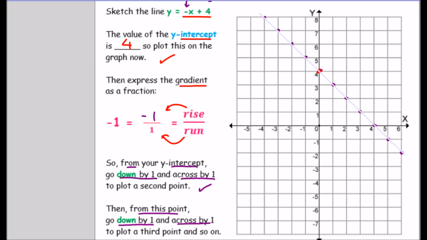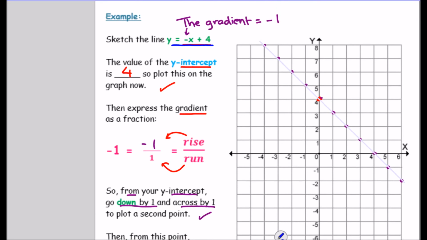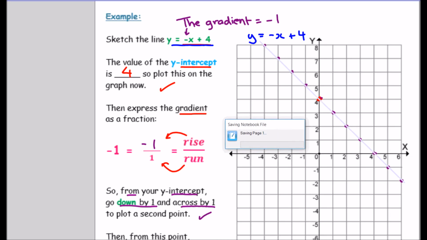First go. What am I missing? Why might someone take a point off? To be mean. That's right, I am missing the equation. So don't forget to label your line. You need to play defense and not give anyone any reason to take a mark off. Y equals negative x plus 4. Write the whole equation. There you go, that one's done. Let's save our